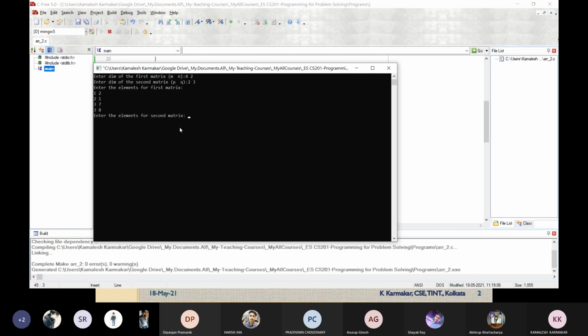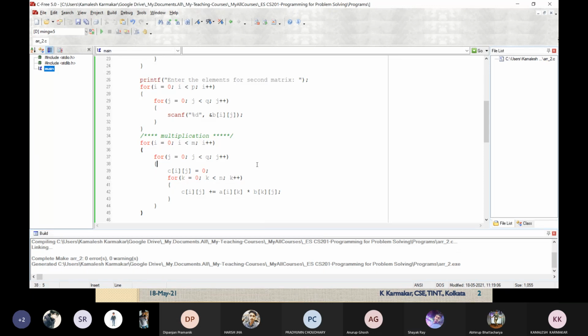This is the first matrix, and the second matrix is 2 rows, 3 columns. So this is the resultant matrix. Any confusion up to this? Yes, sir. So this is the way you can implement your logic.